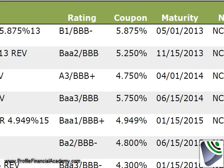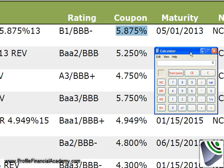Now this specific bond has a coupon of 5 7/8%. That means that for every $1,000 bond, they will pay you $58.75 per year. You can check out the math on that yourself. You can put in $1,000 for each bond, you multiply that times 5.875%, and then you'll see that you get